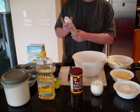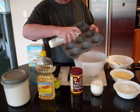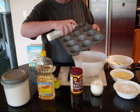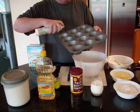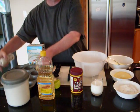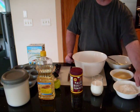First thing is grease the muffin tin. So just spray a bit of oil in each cup. Okay, the oven is set to 425 for this. So first you do your dry ingredients: